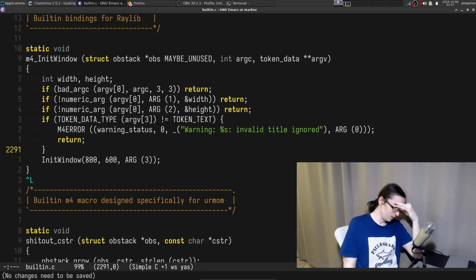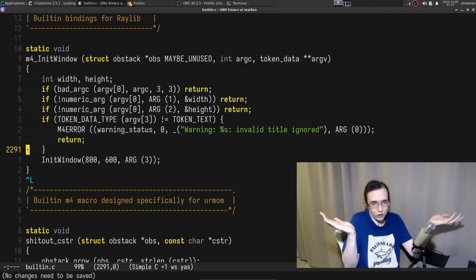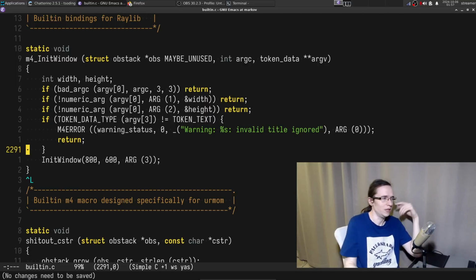You know what's cool about this approach that I'm using in here? I'm extracting the knowledge out of the code base. I have no idea how to parse arguments of built-ins. Like I never worked with M4, right? So I don't really know this code base.